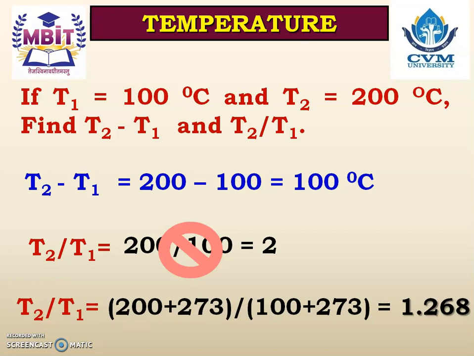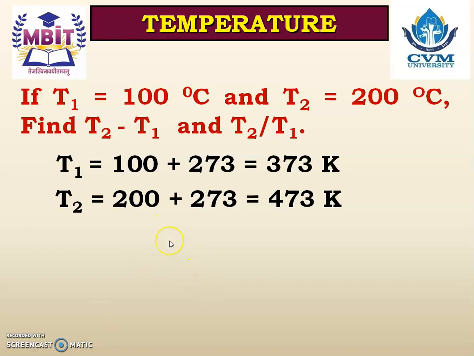So please remember, friends, every time you do a calculation for temperature and it is a division, you are required to convert the temperature into Kelvin and then you will get the correct answer. Whenever there is a subtraction, this will not have any effect. Kindly convert the temperature into Kelvin and then find out T2 minus T1. You will get 100 degrees only. Clear? It will affect mainly when you do division. And don't forget to convert the temperature into Kelvin.